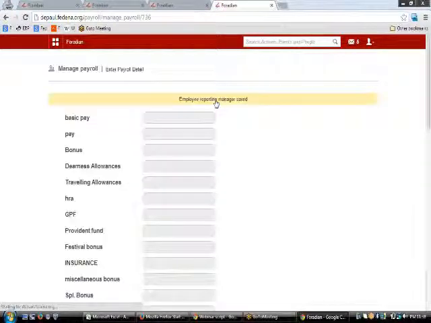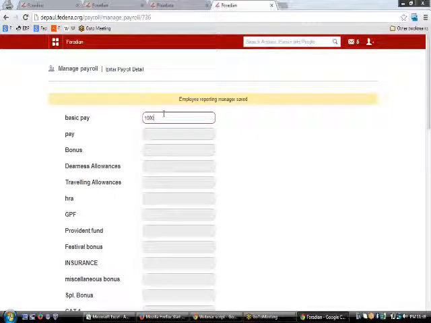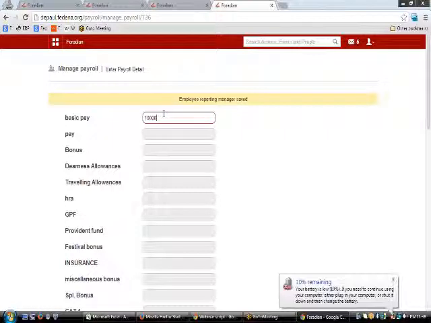Then on hitting the save and proceed button, you will be redirected to the last page of the payroll, or the last page of all the employee admission. So here we need to enter the basic pay of the employee. All the payroll categories that you have created from the HR settings would be quite useful here in this add payroll category section.